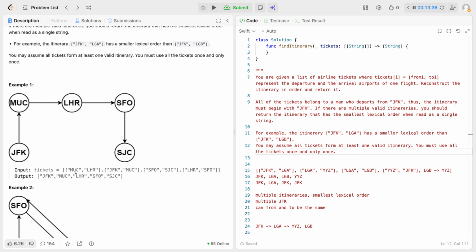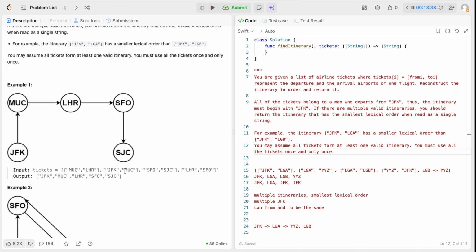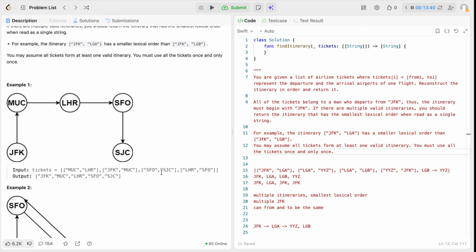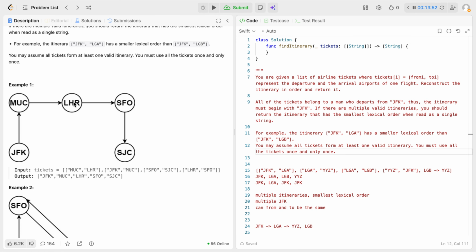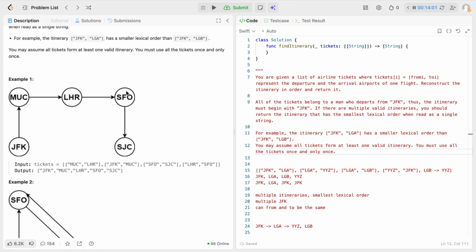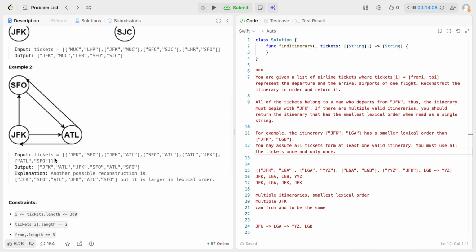So we have MUC, LHR, JFK, MUC, SFO, SJC, LHR, and SFO. A good thing to keep in mind is that JFK doesn't have to be at the front. But then from JFK, you can go to MUC, then you can go to LHR, then you can go to SFO, then SJC. I guess that's what we're connecting with the graph. Nice. Okay, and then the other example here,